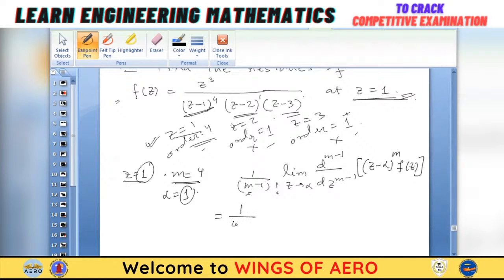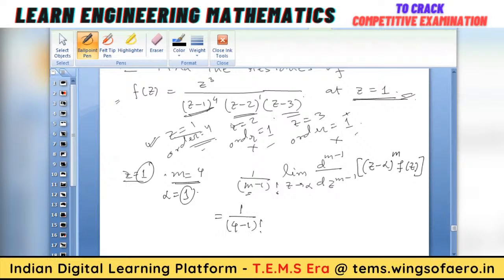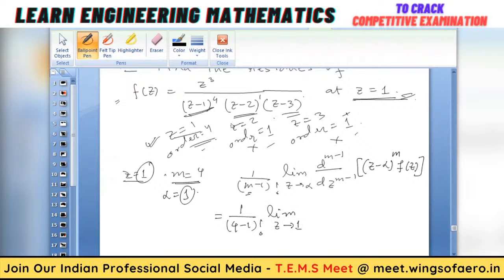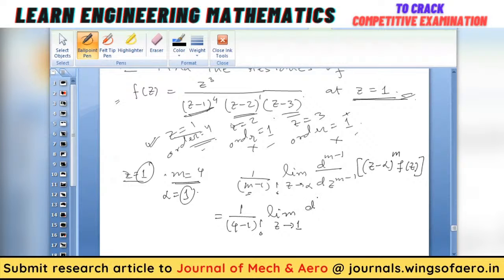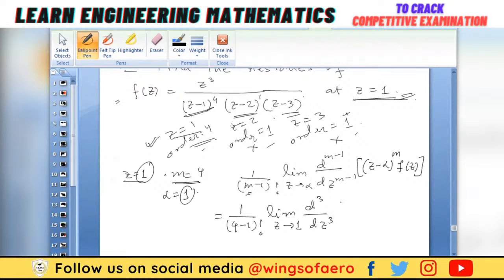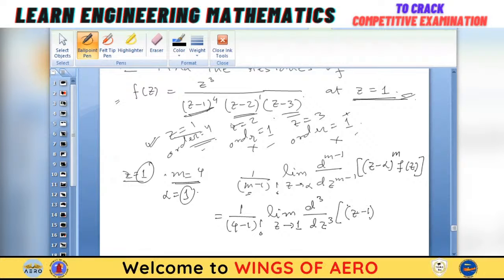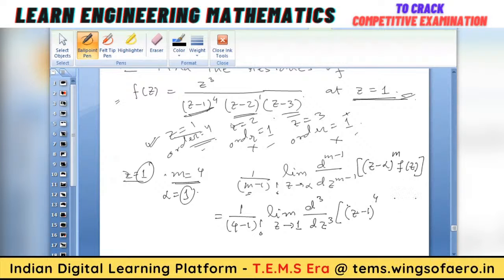So 1 by (4 minus 1) factorial, limit z tends to 1. M minus 1 is 4 minus 1, which means 3, so the third derivative of (z minus alpha) to the power m, that is (z minus 1) to the power 4, into f(z). f(z) means z cube